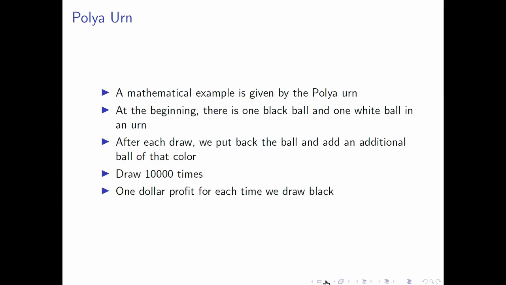This principle can be interpreted as the rich getting even richer or the poor getting even poorer. Because let's say we draw 10,000 times and each time we draw black we get $1. If you are lucky the first few draws and only have black, the probability of having even more blacks in the following draws is pretty high. Whereas if you start with only white, the chance of making a big profit is rather small for future draws.